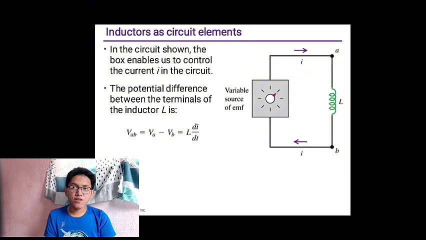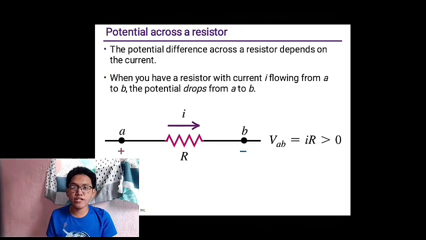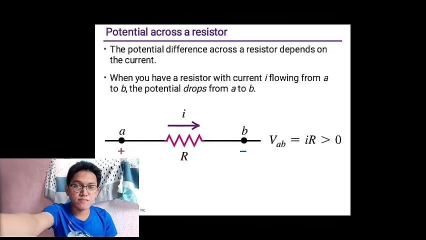Yeah. So the potential difference across an inductor depends on how fast the current is changing, not on the current itself. So we have here the potential difference across an inductor. It has a formula of the voltage sub L is equal to L times the rate of change in current. Okay, so that is the formula. For potential across a resistor, for comparison, recall the potential difference across the resistor, which is given by Ohm's law. So VR is equal to IR. This shows that a resistor depends on the value of the current, while an inductor depends on the rate of change of current.